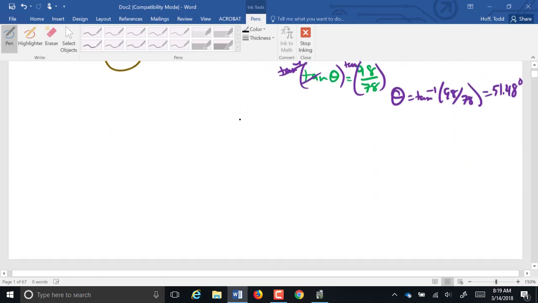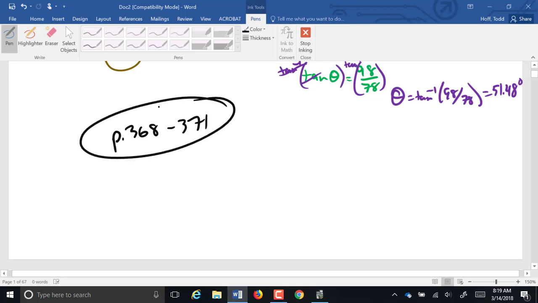We will talk more about these tomorrow. For right now, in your packet, pages 368 through 371, there are several problems similar to this for you guys to play with in the next